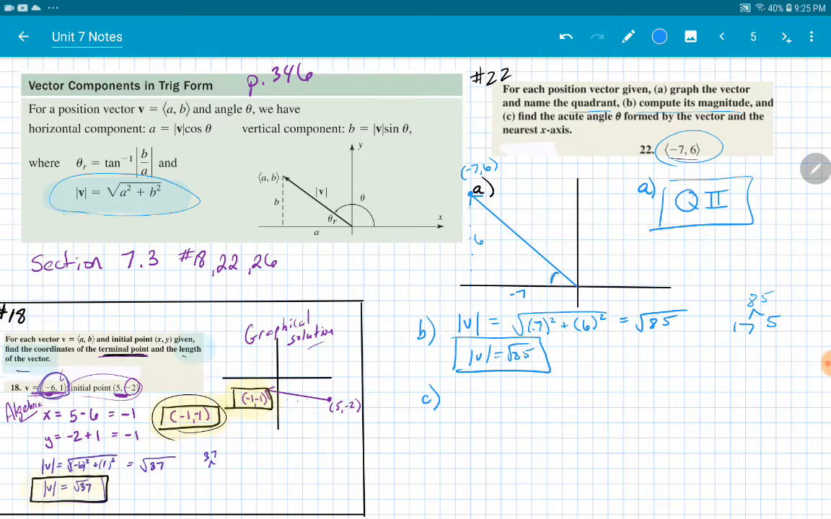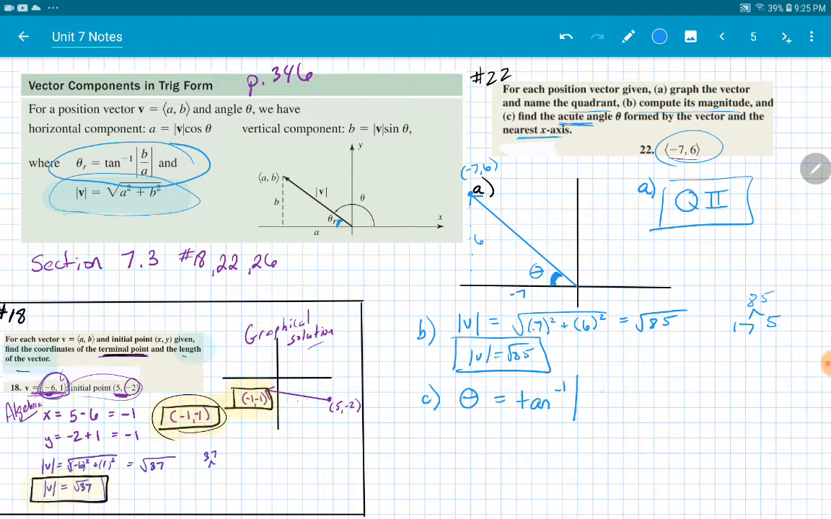So we're calling this one right here our theta. Because it's specified, it's the acute angle, the nearest x-axis. So I don't want that usual one, that standard one. I want the one that they described. So that's the theta, that's the reference angle right here. So that follows this formula right here, which you can find using SOHCAHTOA, is going to be equal to tan inverse of the absolute value of